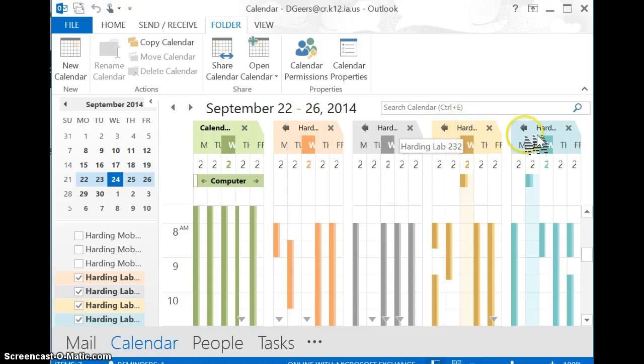So I'm checking just to see what's available first. Let's say I want to have the lab on Friday, and I'm seeing here that the 217 wireless lab is available from 7 to 8. So just to show you how I would do that, I know that's available and I want to book it so that it will be a successful booking. So then I go to my own calendar,